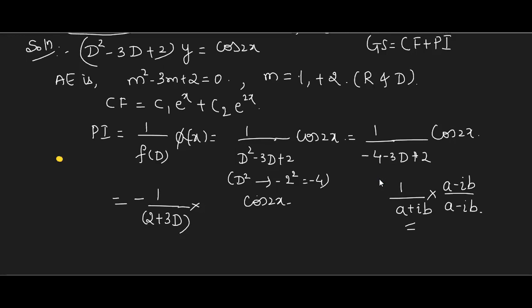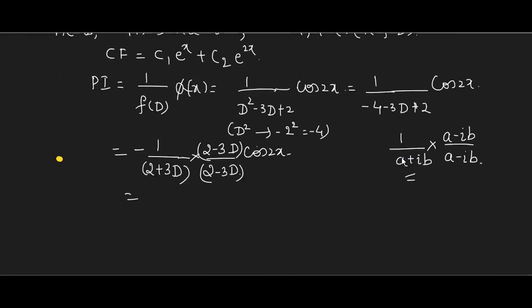Actually, it's not a conjugate. I'm just giving you the comparison. For 2 plus 3D, take 2 minus 3D. So when you do this for the numerator, to do justice, do it for the denominator also. Am I right? Is the process correct? Okay. Now, you just take it. I'll tell you why only this has to be applied. Now this is minus into this, 1 into this means same term. So minus into 2 minus 3D. Denominator, in which format is it? A plus B. A plus B into A minus B is what? A square minus B square. Am I right with this?